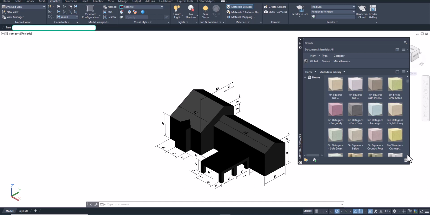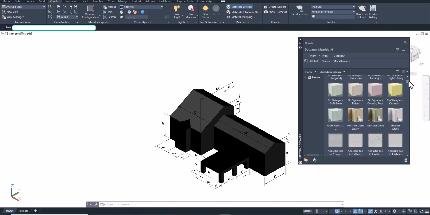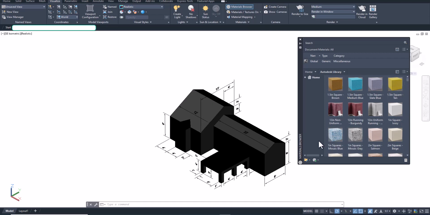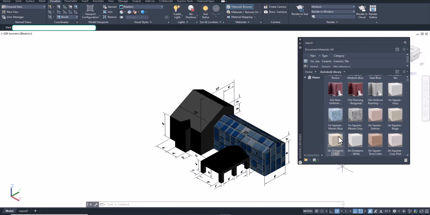Now, it's going to also depend on what your scale is. So right now we have a huge, this drawing is big, right? It's an architectural building, several feet. So if you have a smaller object, some of the tiled materials aren't going to look as good on it. So you hold your left mouse button down on one of these and drag it over to your model. You see this is like a mosaic blue, 1 inch squares. But you see how big it was? So the scale's a little off depending